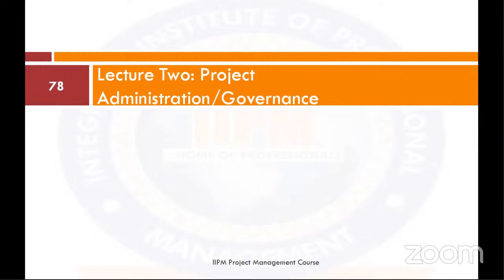Now, quickly, we'll look at the organizational influences that could affect projects as part of project governance. Basically, we look at the systems, the cultures, the styles, and the structures. So projects are typically affected by the systems within the organization, the culture within the organization, the styles within the organization, and the structures within the organization. All of these are the things that make up the governance framework. At the same time, they affect the project. It can be positive, it can be negative.